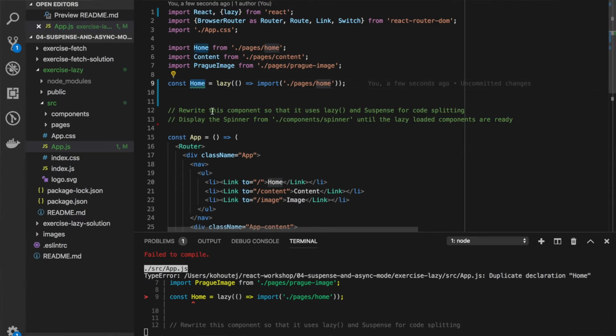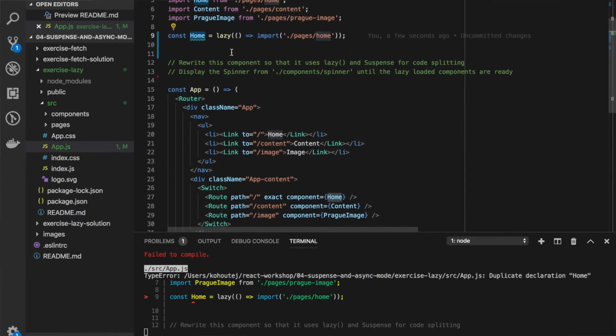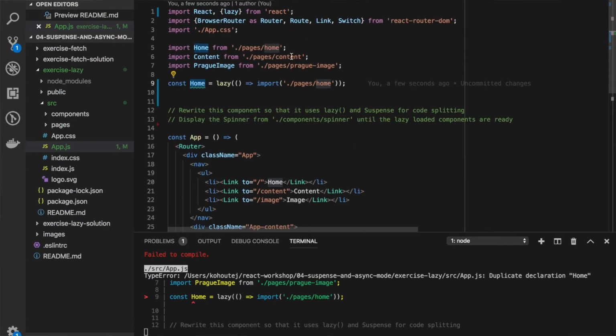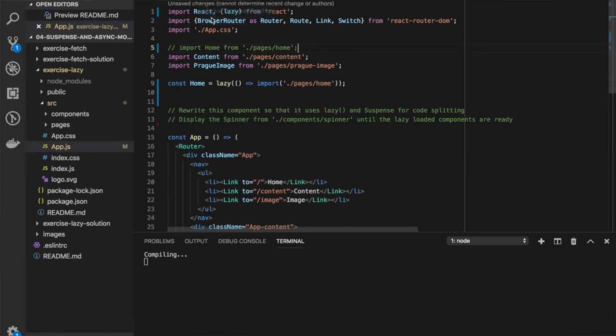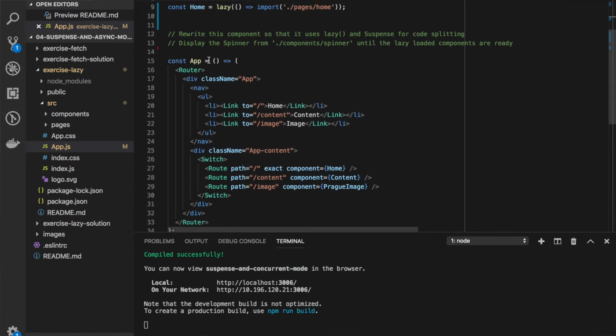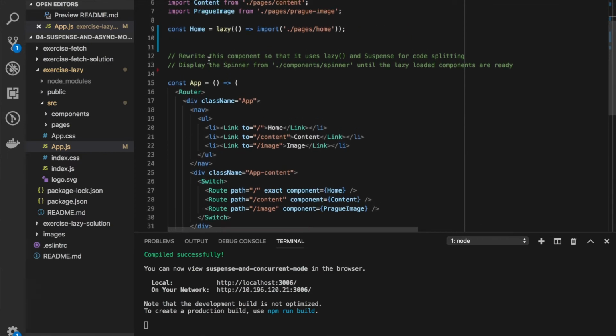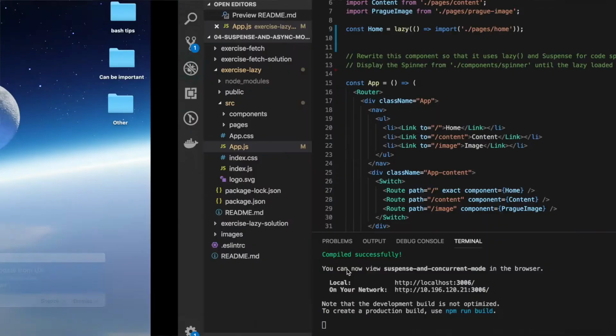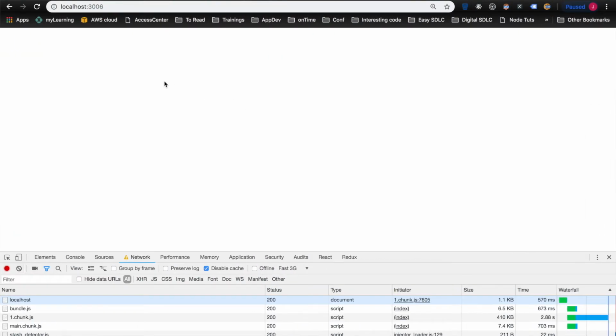So now we have a home component that we can use in our React application instead of the standard component. But we cannot use it just like that, because as you can see now, if I open the page,